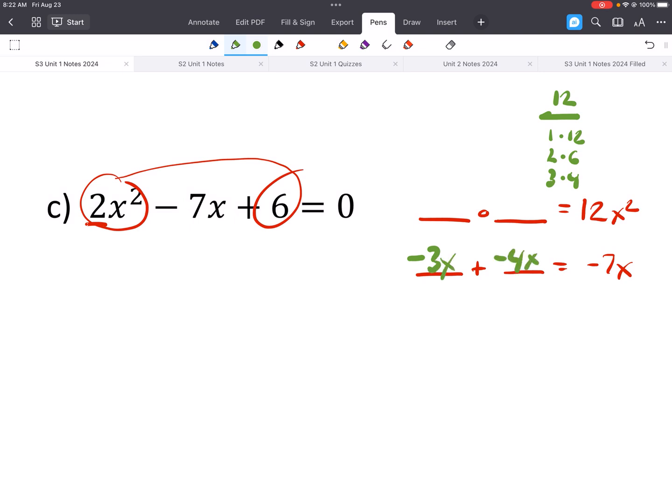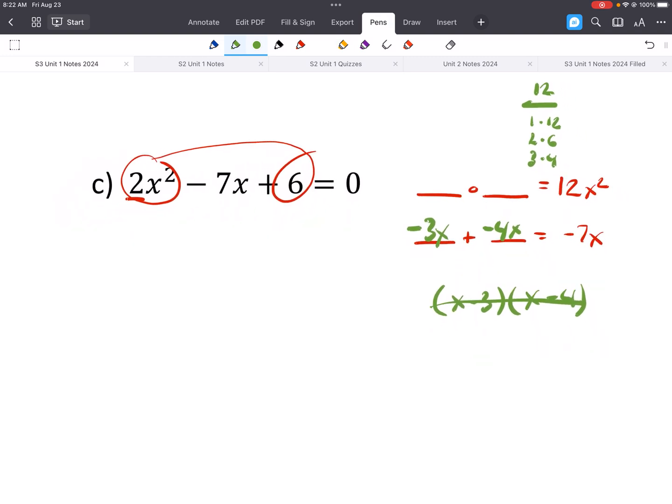So again, those are not our factors. We're not going to do x minus 3 and x minus 4. If we were to do that, probably don't want to write this here, or you can, but we're going to cross it out. If we were to distribute that back, we would end up getting x squared. But as you see over here, it's not x squared, it's 2x squared. Okay, so that's why we have to